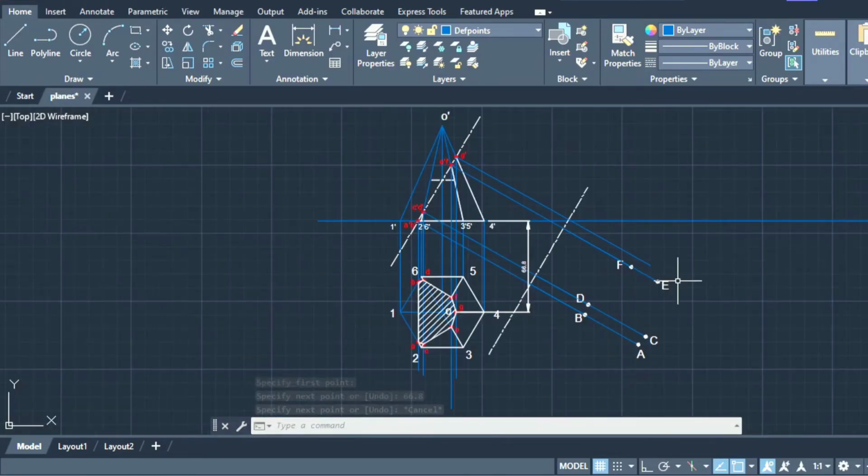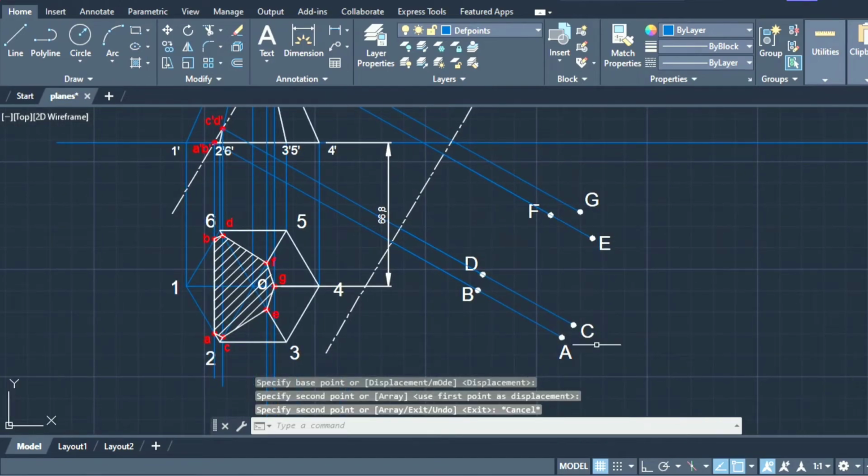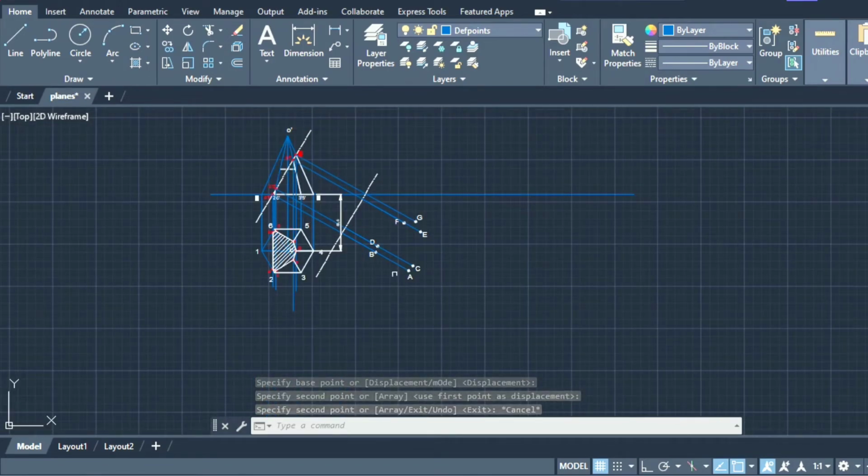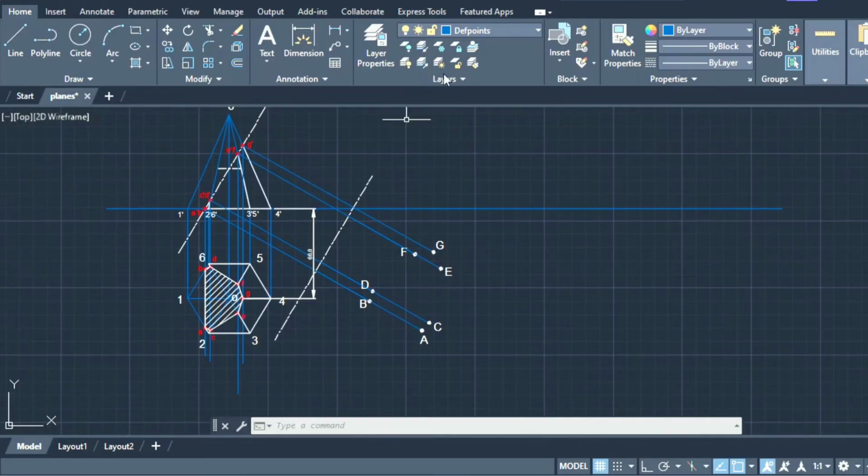Here we get point G. Now you can join all these points with the help of straight lines, as it is a pyramid. So we'll be joining these points with the help of straight lines. Go to the continuous layer, line command,